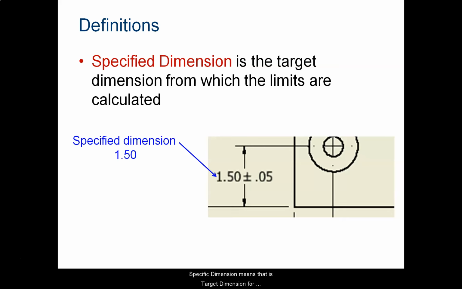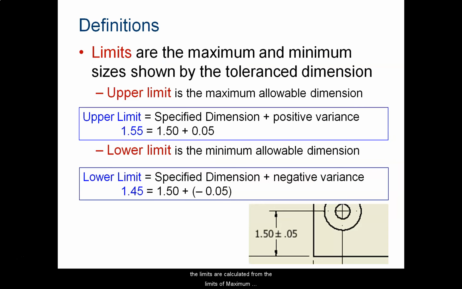A specific dimension means that it's the target dimension the limits are calculated from. The limits are the maximum and minimum shown by the tolerance dimension. The upper limit is the maximum allowable dimension. And so you would calculate these out. So calculating out for these limit